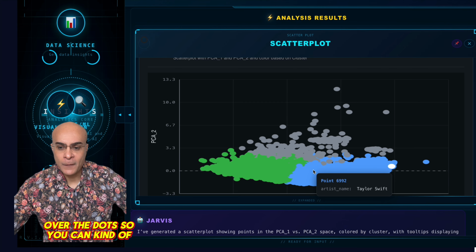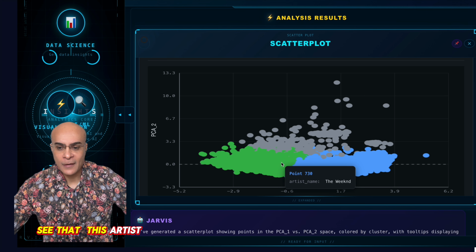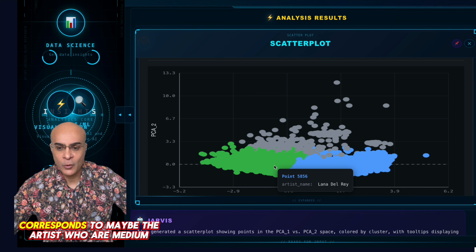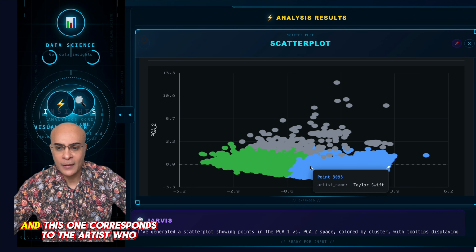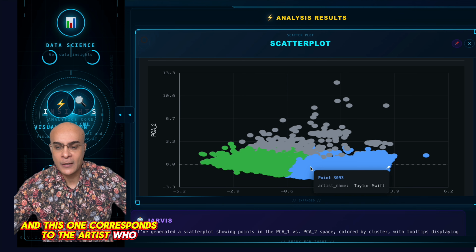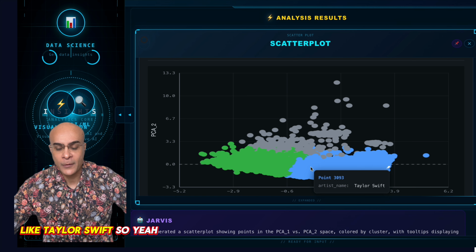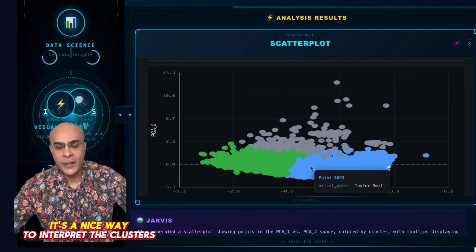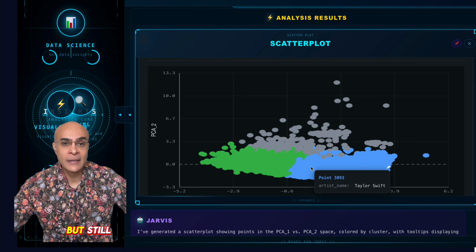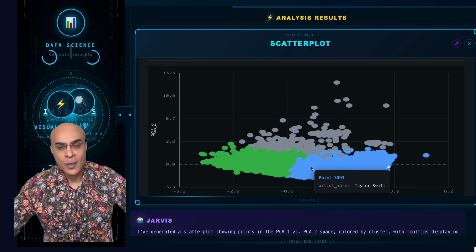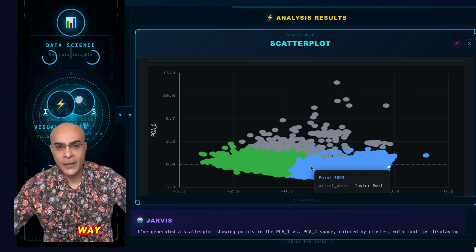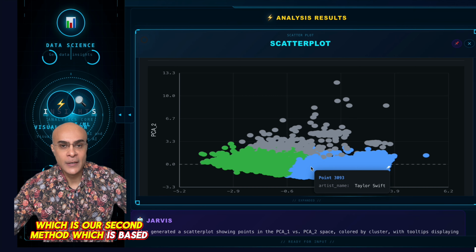So you can kind of see that this cluster corresponds to maybe the artists who are mediumly popular, and this one corresponds to the artists who are very popular, like Taylor Swift. So yeah, it's a nice way to interpret the clusters, but still it requires some eyeballing to understand what the clusters mean. So let me now show you a better way, which is our second method, which is based